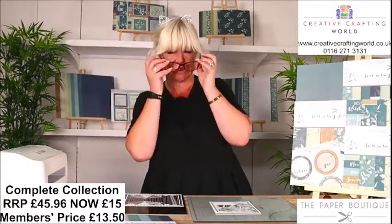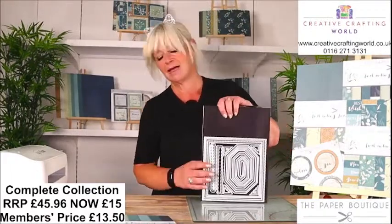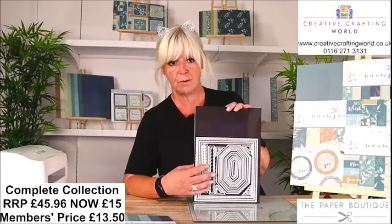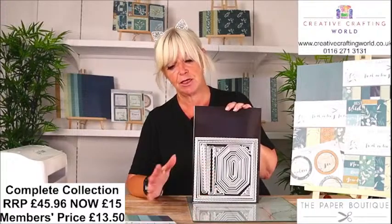So just to recap, the Enchanting Eucalyptus from the Paper Boutique, 4 pads, usually $45.96, today is just £15. And of course, if you are in our club, then that will be £13.50. The die set, this is such a bargain. I'm sure that everyone's lost their mind giving them away practically, because normally these would be £40, today they are $19.99. In the club, that's just £18. So if you buy